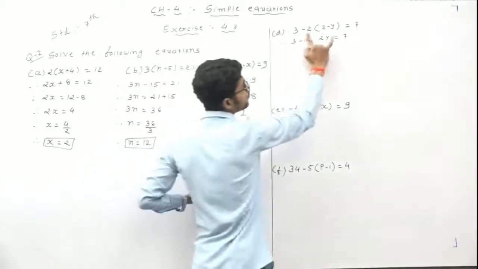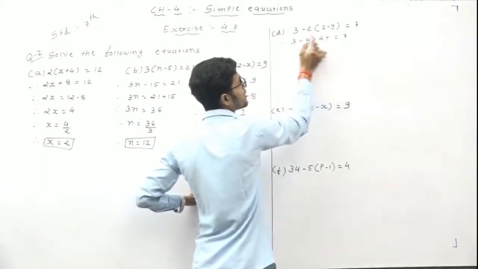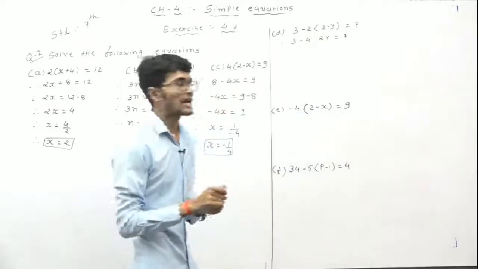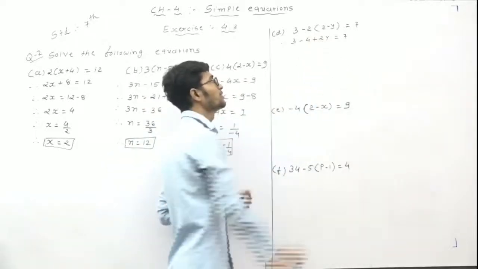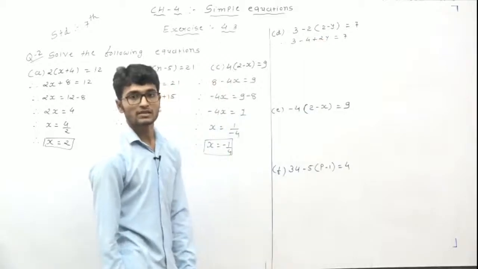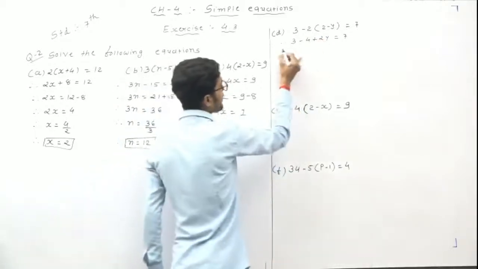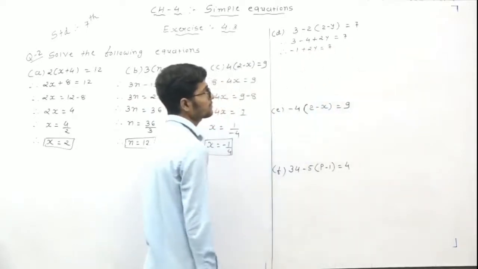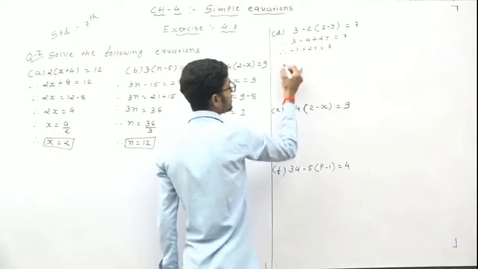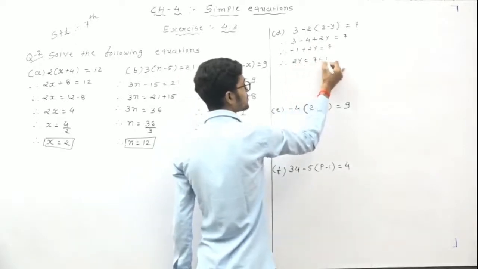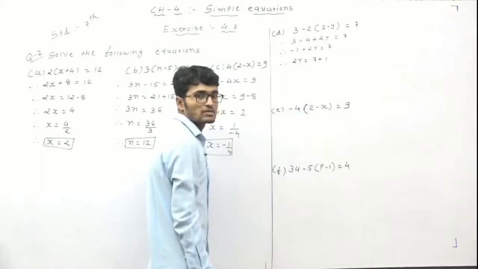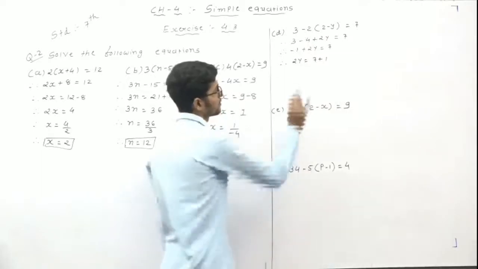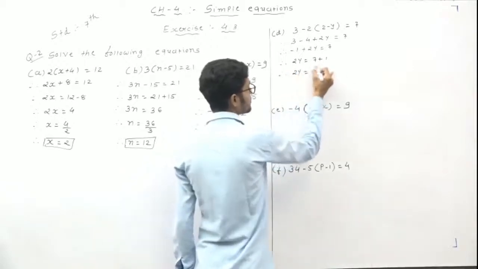Same for here is 2 and 2. Why? 2 multiplied by y means 2y, but 2 is negative, y is also negative. So negative multiplication answer is positive. So put here a plus sign. Understand? So 3 minus 4 means minus 1 plus 2y is equal to 7. Right? Minus 1 in this side. So 2y is equal to 7 plus 1. It means both the sides add plus 1. So 2y is equal to 7 plus 1, which means 8.